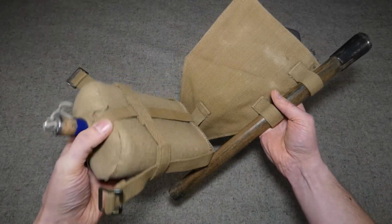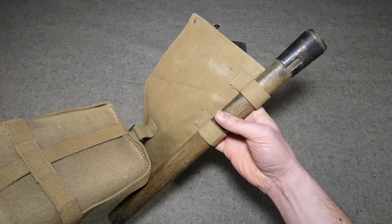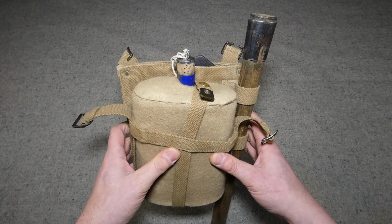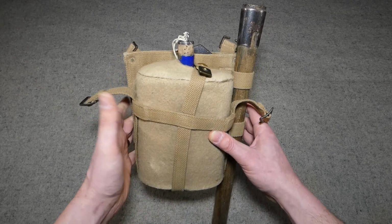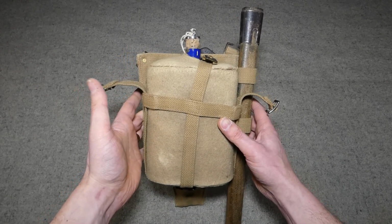And then the entrenching tool carrier is designed to take the head in the main section there, and that has loops for the helve on the side. And this method of doing things was taken from the 1919 pattern rifle equipment, which again, there's a section on Khaki Web, a website I mentioned in part 1. If you've not looked at Khaki Web, I highly recommend going and having a look at it. It'll give you more details on these. I'll take the components out of these now